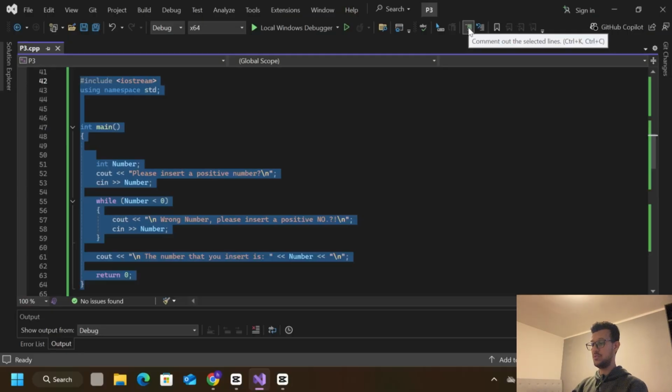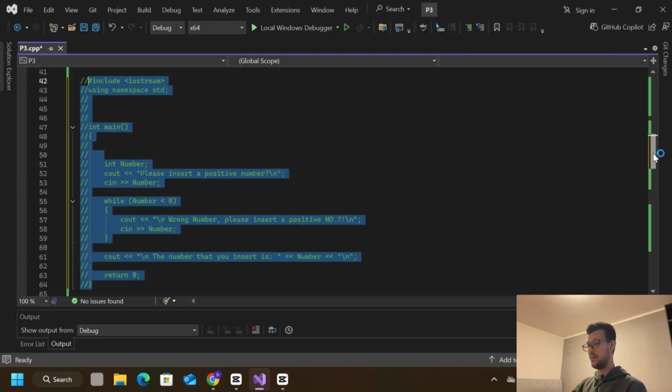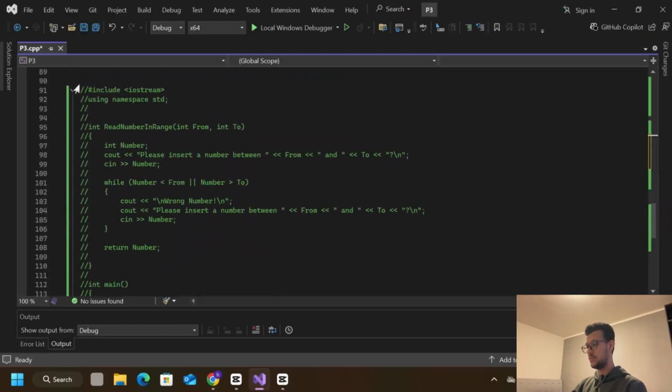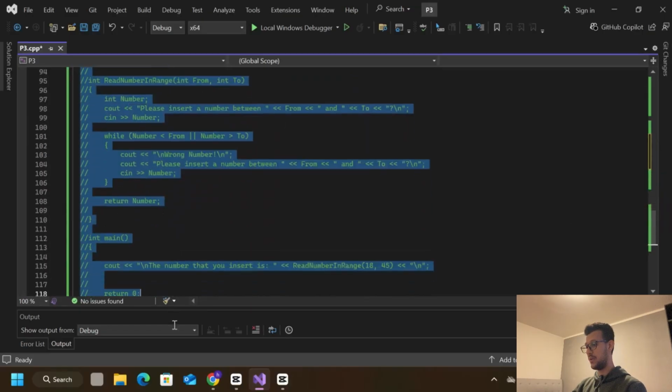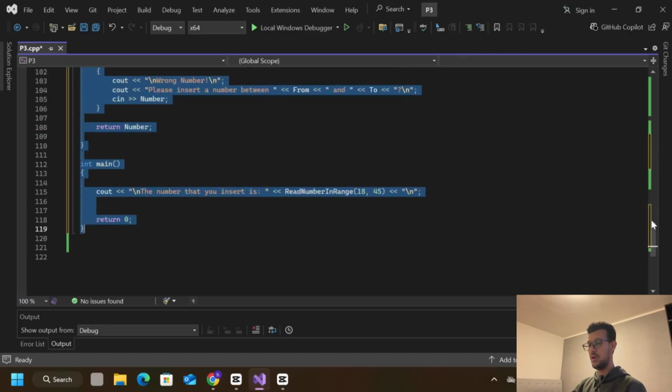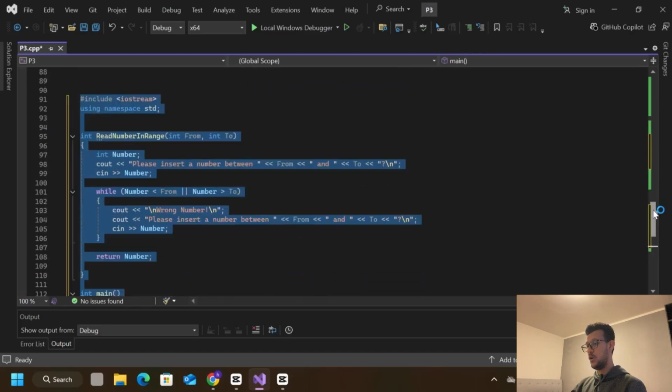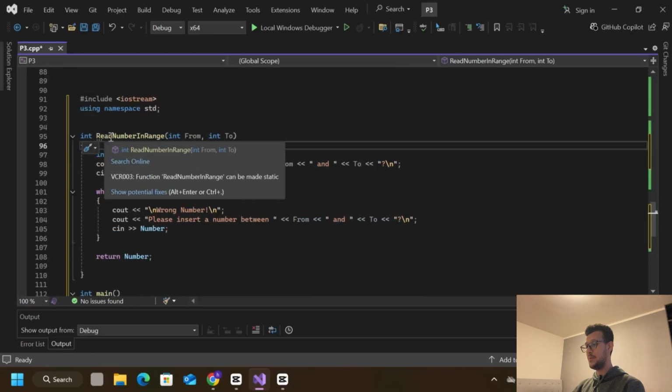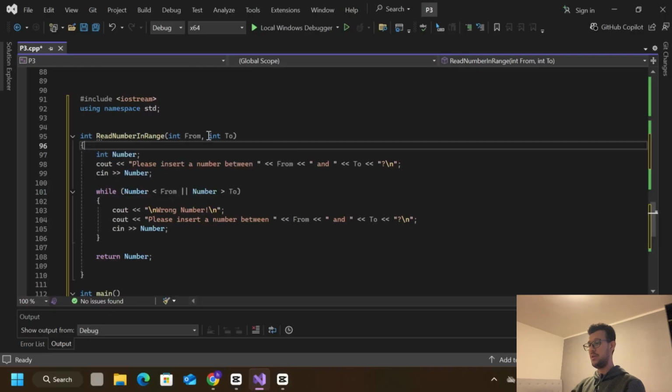So let's comment out this code, go down a little bit, and comment out this code, to see how we can build a generic function for our while loop code. Okay, perfect. In this code, we create a function, we name it readNumberInRange, and we create two parameters belonging to this function, integer from, integer to. We will not assign anything to these from and to variables, we just declare them,